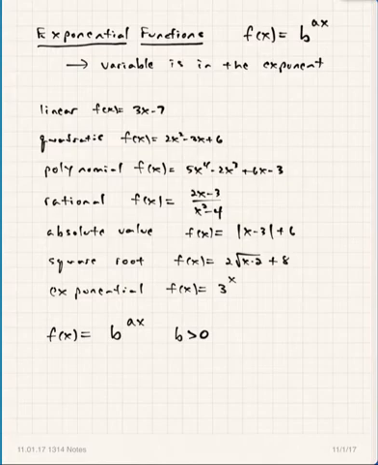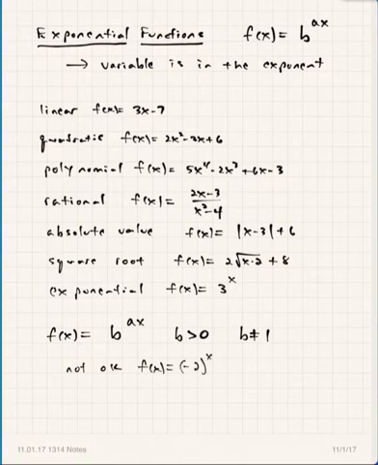Also, the base cannot be equal to 1. By the way, don't confuse that. When I say that the base has got to be positive, I'm saying that it is not okay to have an exponential function like this, negative 2 raised to the x power, like that. But notice that negative 2 is inside the parentheses there. But this is okay to have a function that looks like this, f of x equals the negative of 2